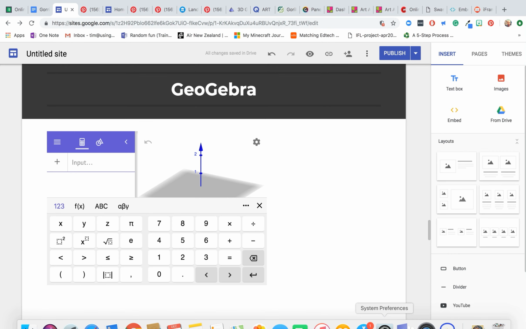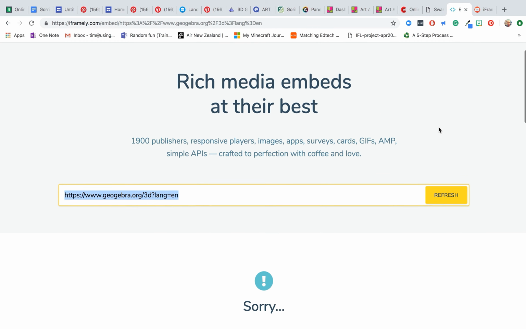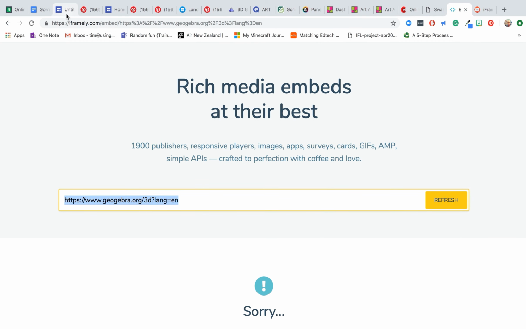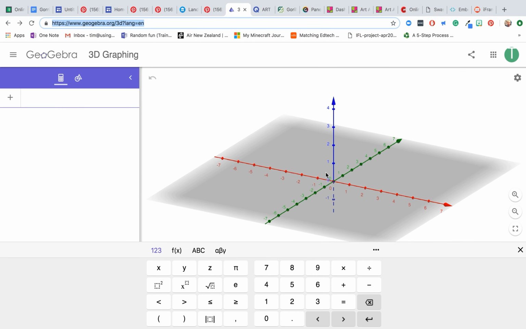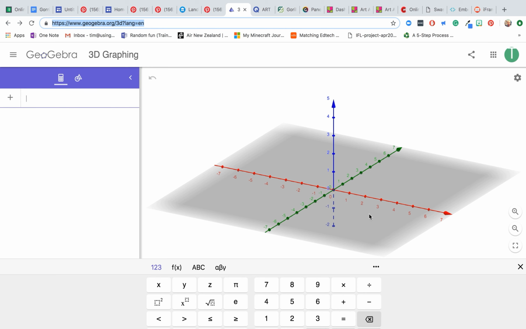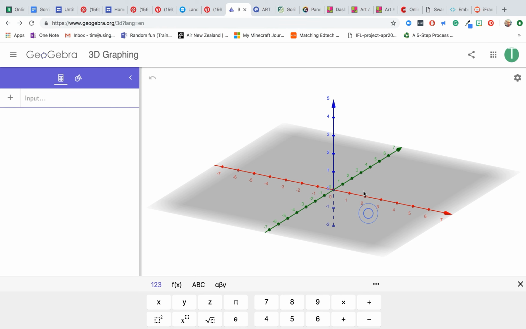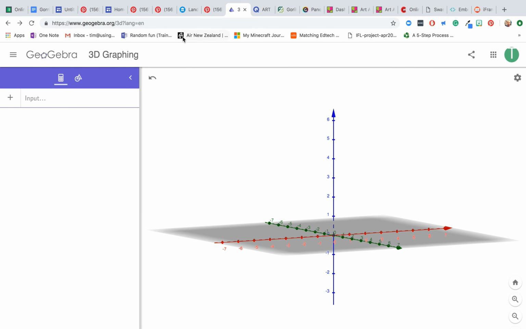Another powerful thing to embed in a Google site is GeoGebra, which is a 3D modeling tool and calculator tool. This is really useful for secondary school teachers. One way you can do this is to have a bit of a workaround. For the Pinterest, we use something called iFrames. Now this doesn't work for GeoGebra, so we need to look at a different way of doing this. GeoGebra, which is also in the blog, the link's in the blog there, is a 3D graphing tool. And once you've got the graph that you want, you need to go up and just copy, Command-C, Control-C, that